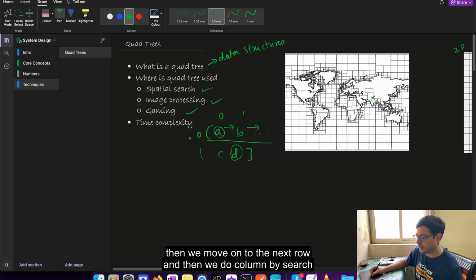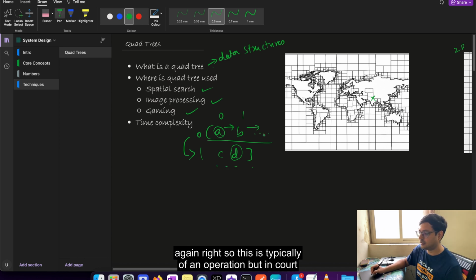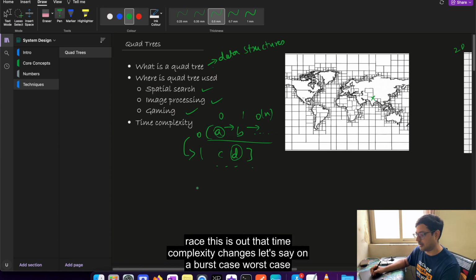And then we move on to the next row, and then we do column-wise search again, right? So this is typically an O of n operation. But in quad trees, this is how the time complexity changes. Let's say on a worst case,